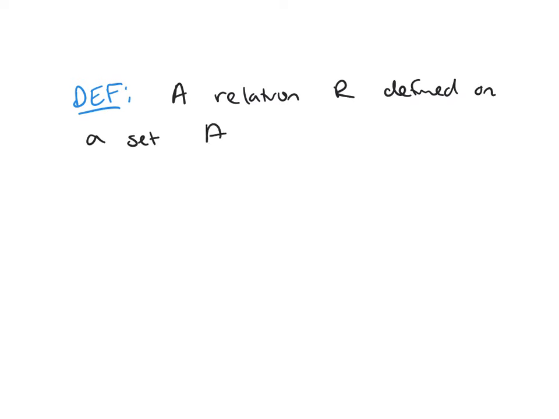So in our last video, we had a relation that was reflexive, symmetric, and transitive. And in that case, we give it a special name. It's called an equivalence relation. So we'll say a relation R defined on a set A is called an equivalence relation